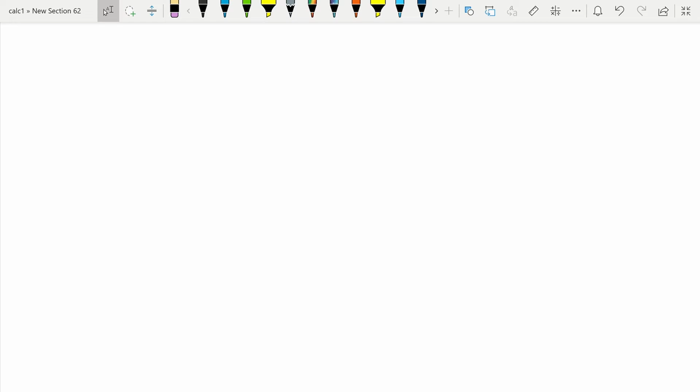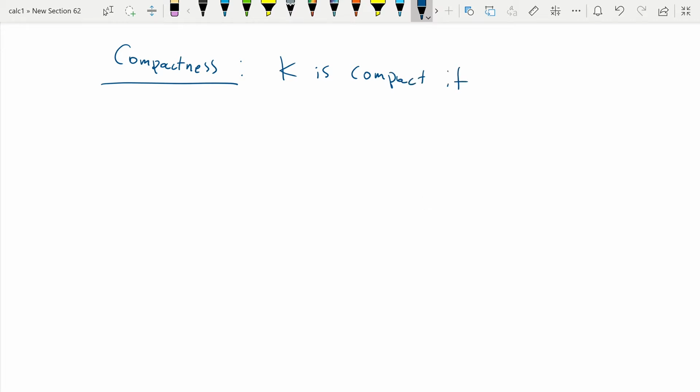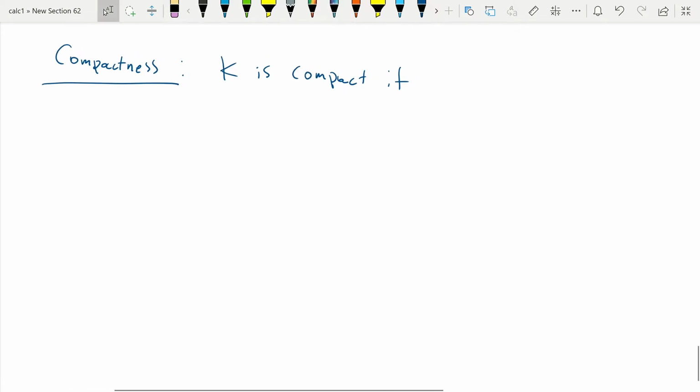So we'll start by recalling the notions that will be used in this lecture. Let's see if you forgot the notion of compactness. Remember that K is compact, at least in our setting. So when we are in R, K is compact if